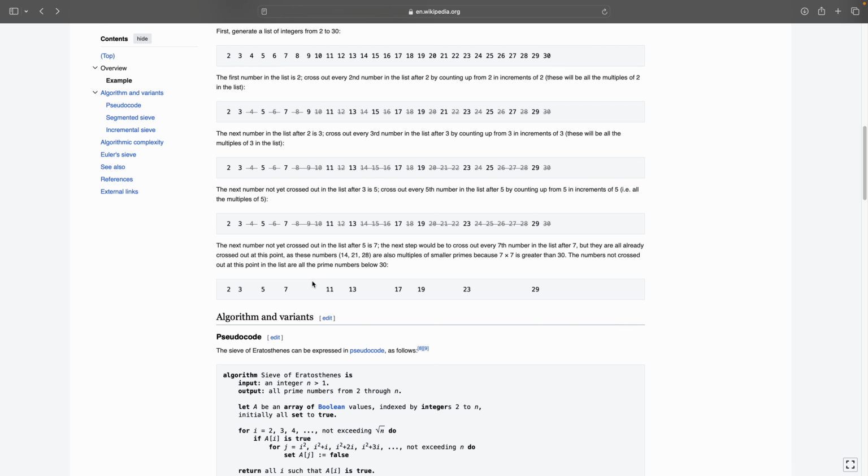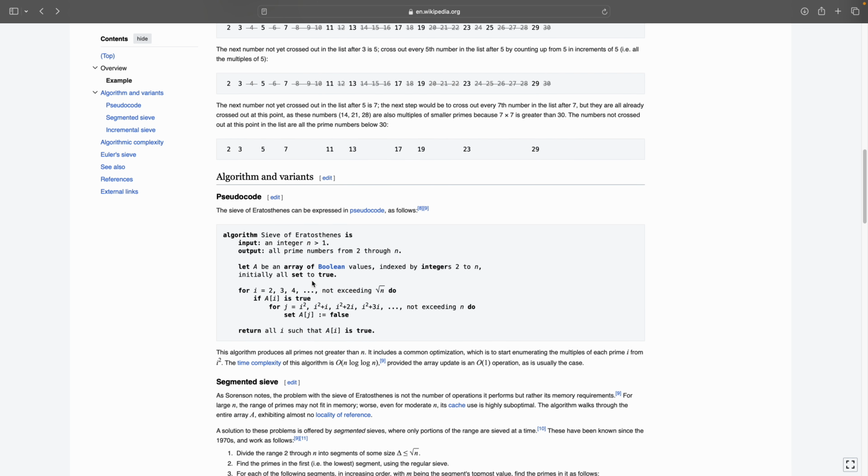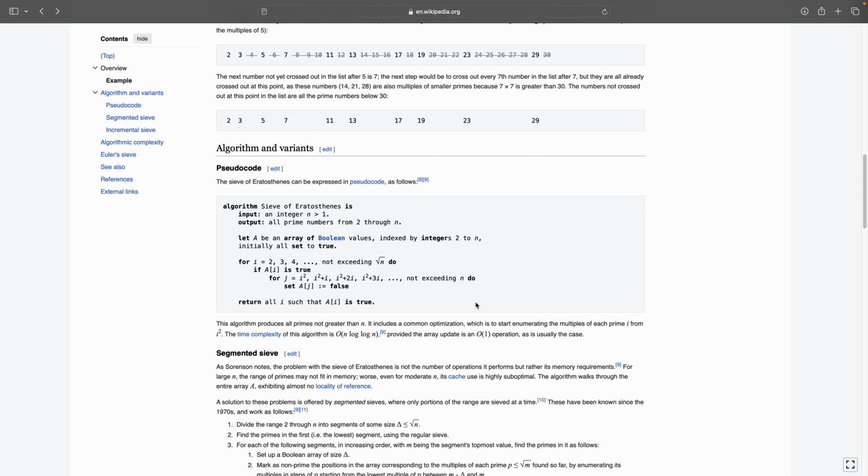Again, with tremendous gratitude to Wikipedia, we actually have the full algorithm written out for us. This is the pseudocode. And this pseudocode here is something you're going to have to get comfortable looking at when you're doing programming. Algorithms are often not written in a way that is literally the code, but written in something that looks pretty close to code, but not exactly like it. So this is it. Now, this is so clear and explicit that we're going to take it and translate it right to our code that we're going to be